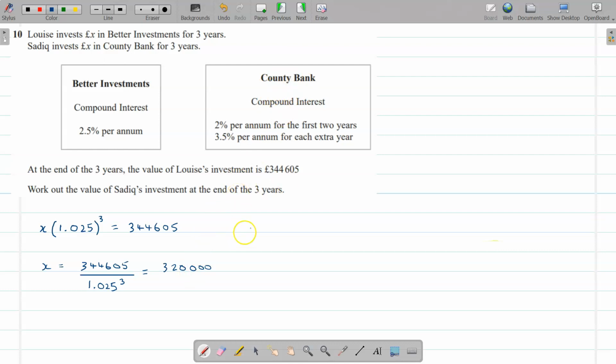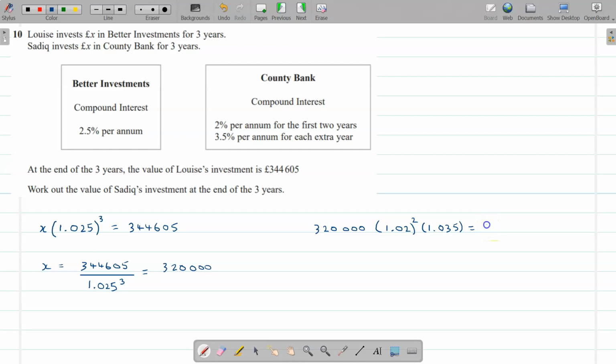So for that investment, we start with 320,000. We first of all times it by 2% increase, which is 1.02 squared, and then times that by the 3.5% increase in the 3rd year, which is that. And when we put that in, we get the value of the investment, which comes out to be